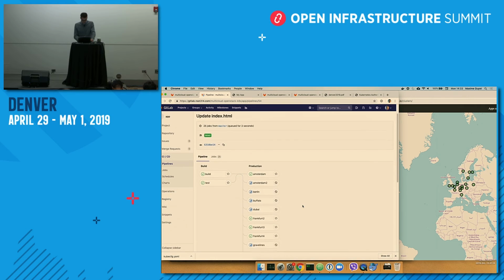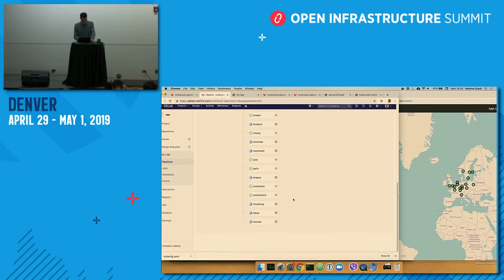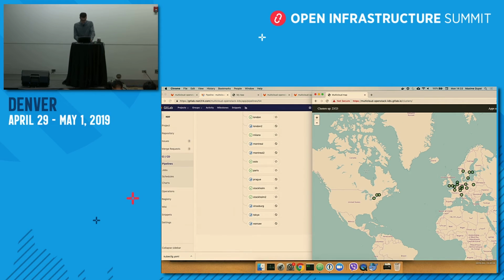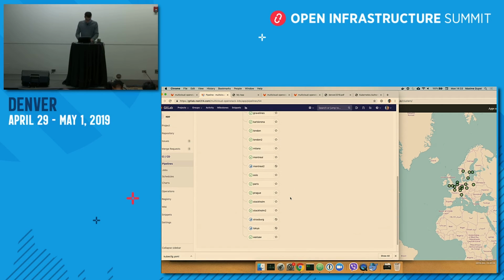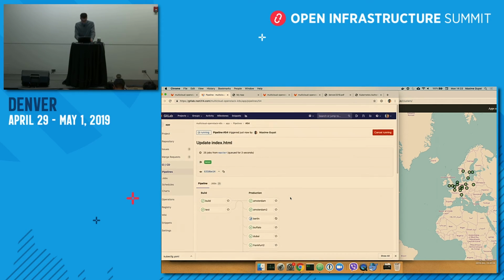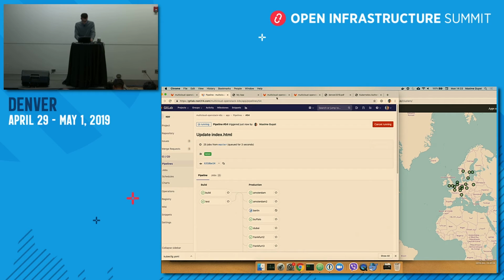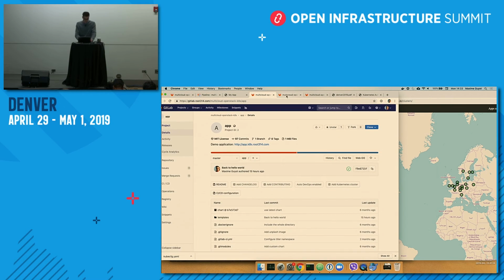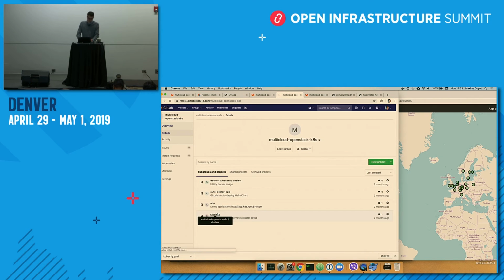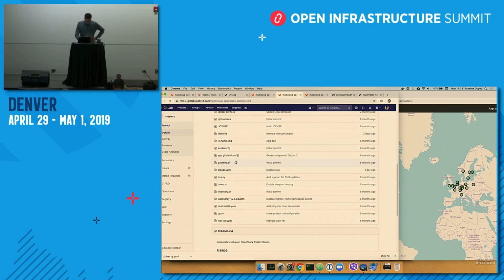All right, and now here we are deploying. Still takes a little time. Yep. All right, we just have Berlin, Montreal 2, Strasbourg, and Tokyo left. And I will show in the meanwhile the clusters repo. That's the repository that handles the infrastructure as code. In there you have basically 2 shell scripts, one that creates a cluster, one that destroys a cluster, and you have a config file that lists all the clusters.